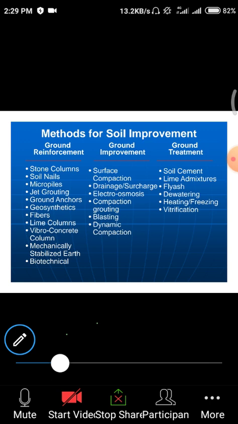Next one, compaction and grouting. Compaction means compacting the soil by using external parameters like manpower or mechanical power. Grouting means that after the densification is over, we need to retain that density for a long life. That means we need to have the density properties for a long span of life, so we need to apply grouting techniques on the top layer of the structure, so that there is no movement of the soil particles after the densification and grouting.